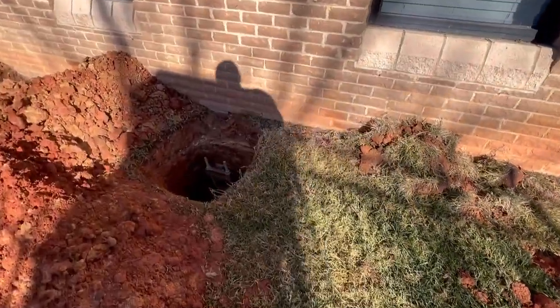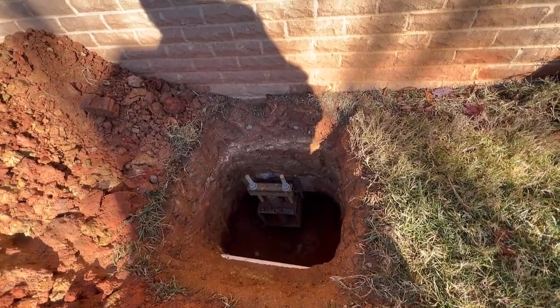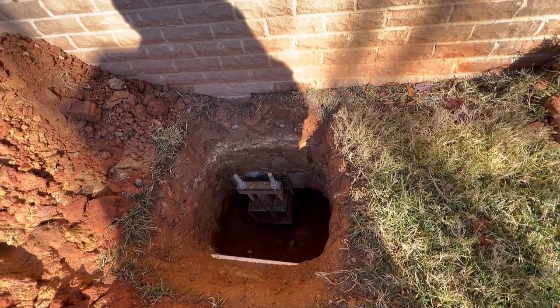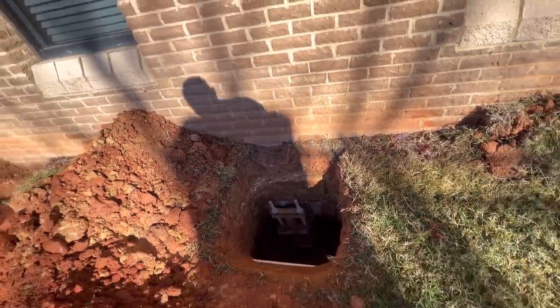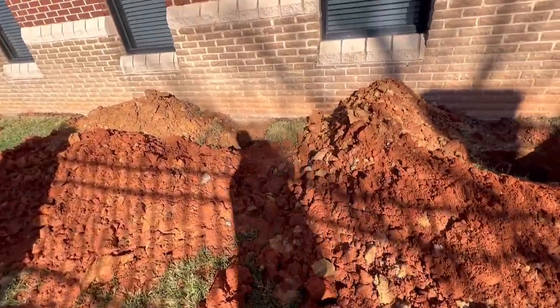So this is, not only do we have a mess here, but these helical piers are improperly installed. Inadequate installation angle, brackets crooked, and the foundation isn't even faced properly. So,